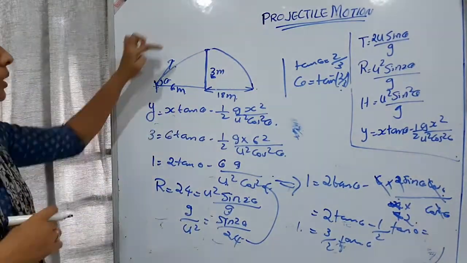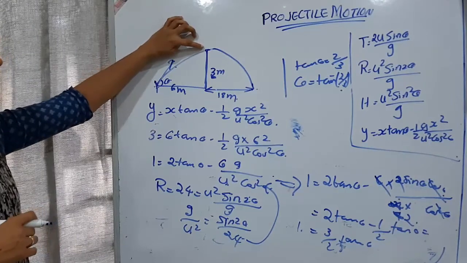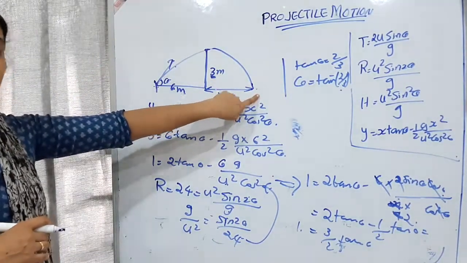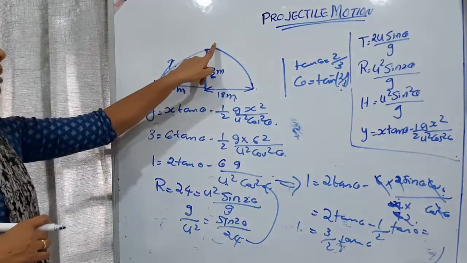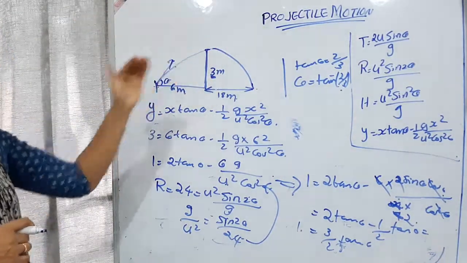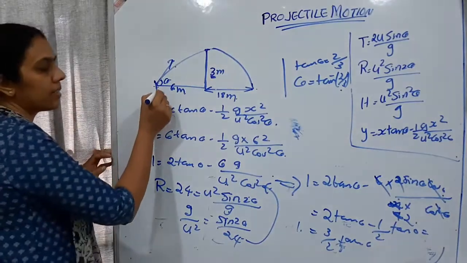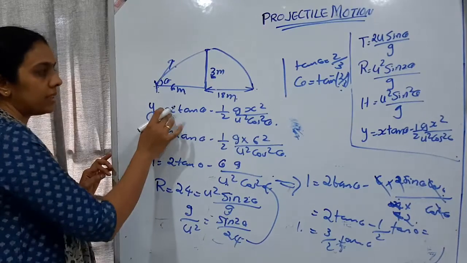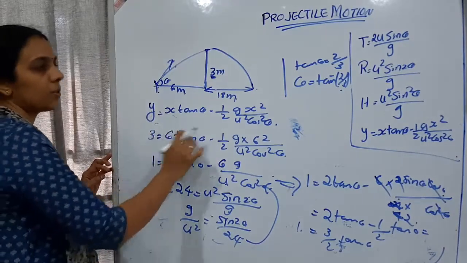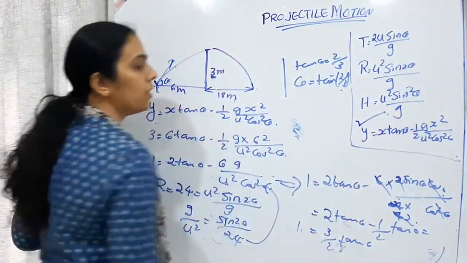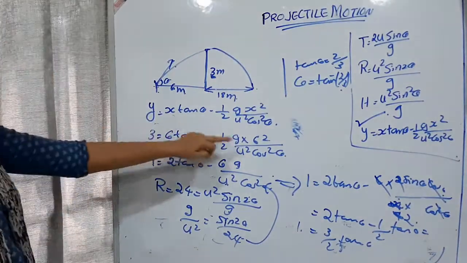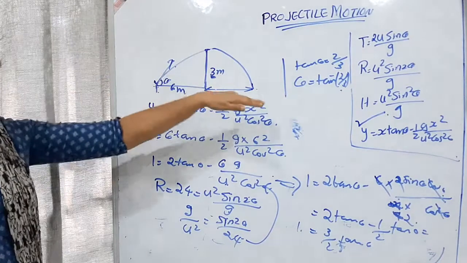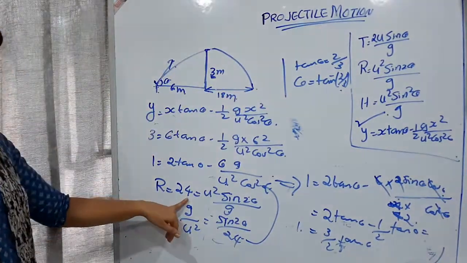So when we are throwing a ball, the ball is not touching the wall and going to the other end. So we can't say it will be the maximum height. Maximum height we don't know, that's why we are considering the y-axis and x-axis over here. Y-axis is 3 meter, x-axis is 6 meter. So comparing it with the equation of the projectile, we are getting the value. Next we considered the range, that is horizontal distance. Horizontal distance we got as 24.